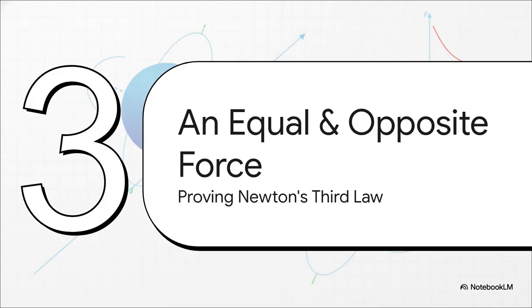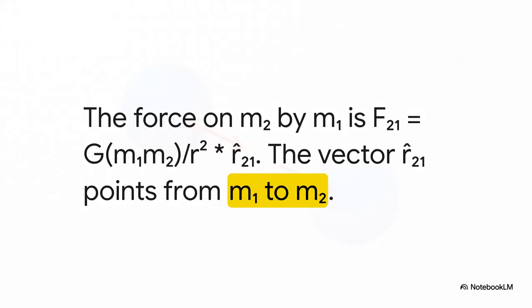If we look at the directions of these forces, we can actually prove that gravity perfectly obeys Newton's third law of motion. For every action, there's an equal and opposite reaction. Okay, first let's write down the force that mass 1 exerts on mass 2. We'll call it F21. The first big chunk of the equation gives us the strength of the force. And that little r hat at the end, that's just a unit vector. All it does is tell us the direction of the force, which in this case points from the first mass